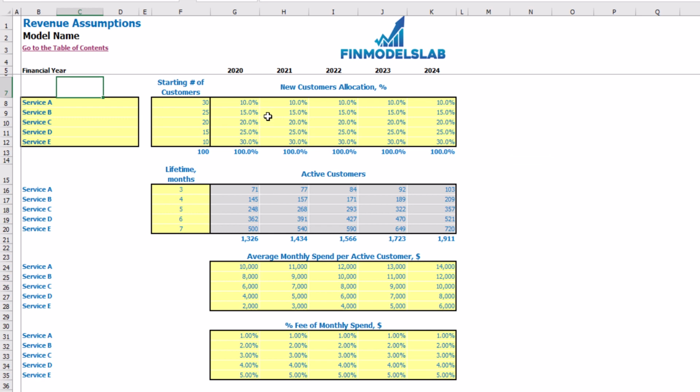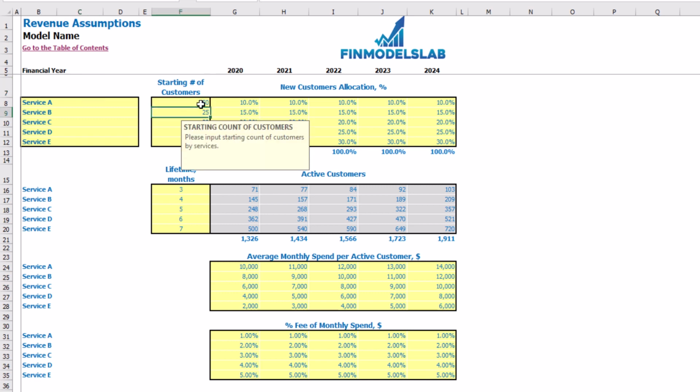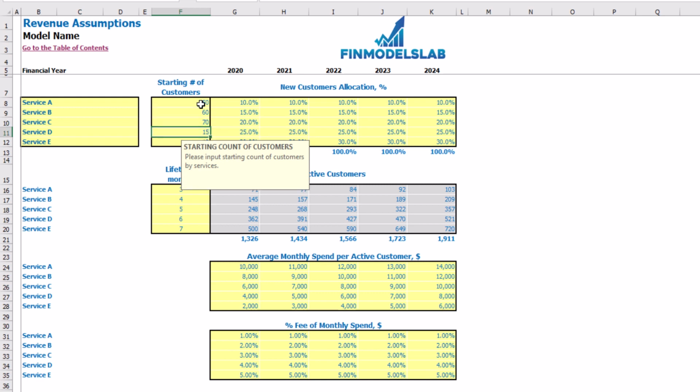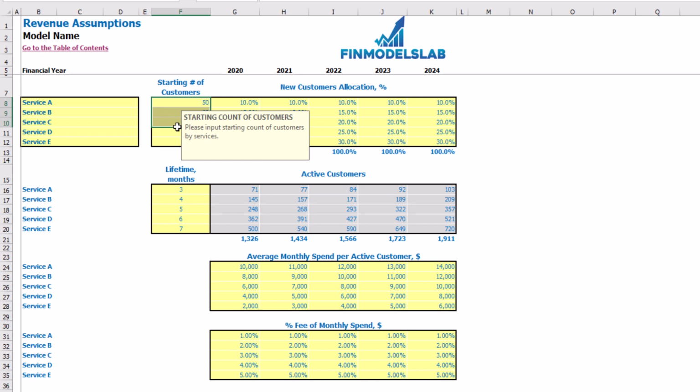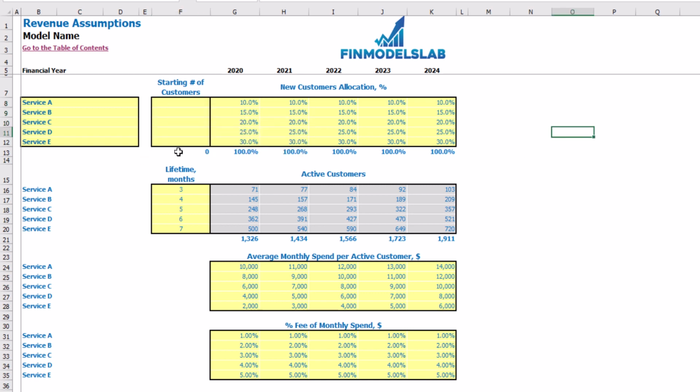The next step is to set up starting number of customers. So if you are not 100% startup and if you have some active customers at the start of the year, you can just put some numbers, for example 50, 60, 70, or whatever amount you have. If you do not have any active customers, you can just clean this section and you will start from 0